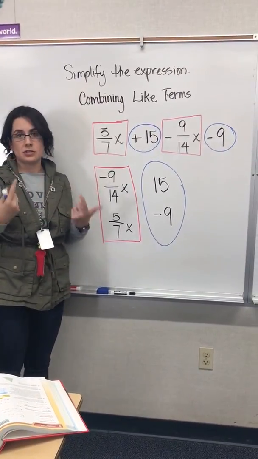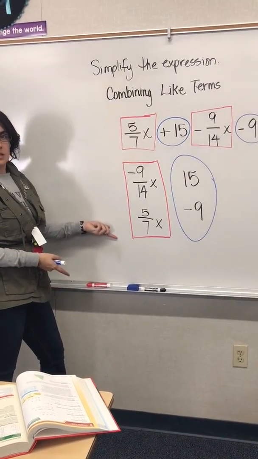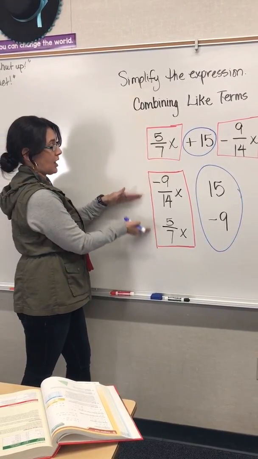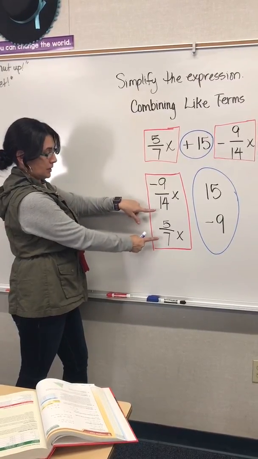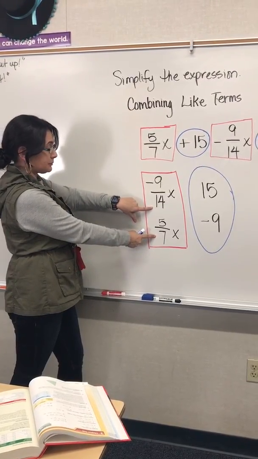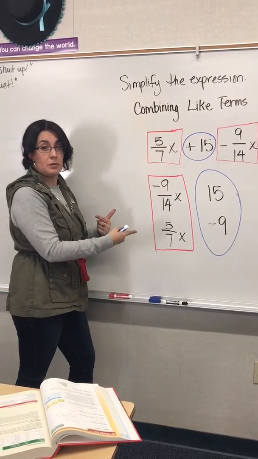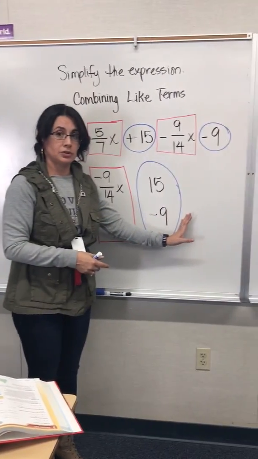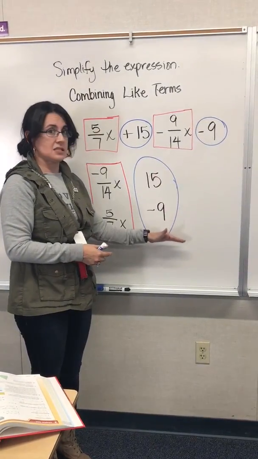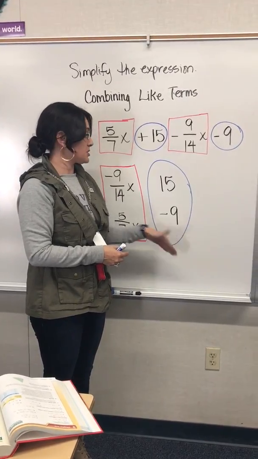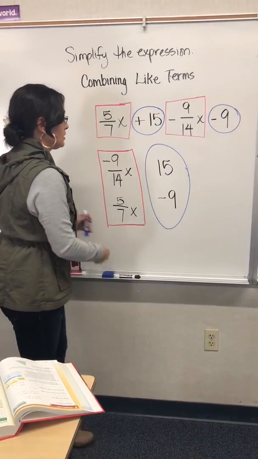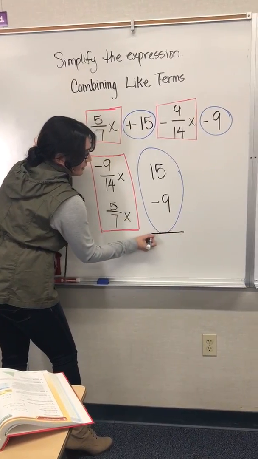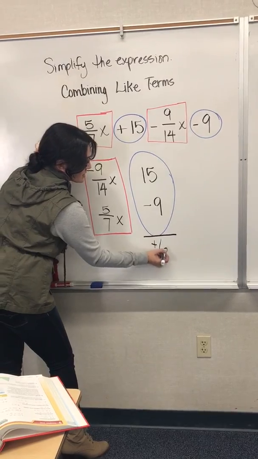So now I have to go back to my integer rules. Do I see same signs or do I see different signs? I see different signs, so what does that mean? That I have to subtract the terms. Because the denominators are not the same, I have to do a little bit more work. Since I'm going to do more work there, I'm going to jump over to the integers, because that is less challenging and less work for me, so this one's going to move a little bit faster. So 15 take away 9, I subtract that, and I get a positive 6,